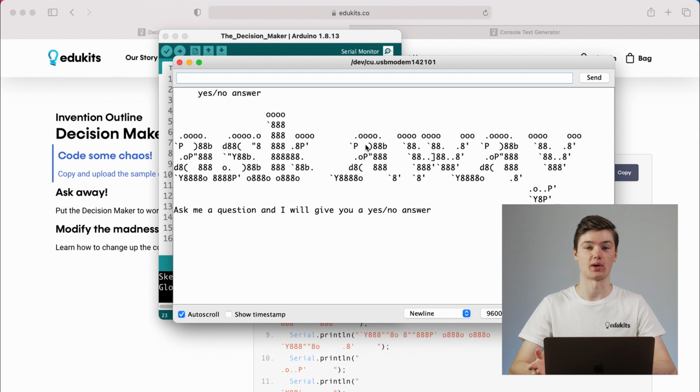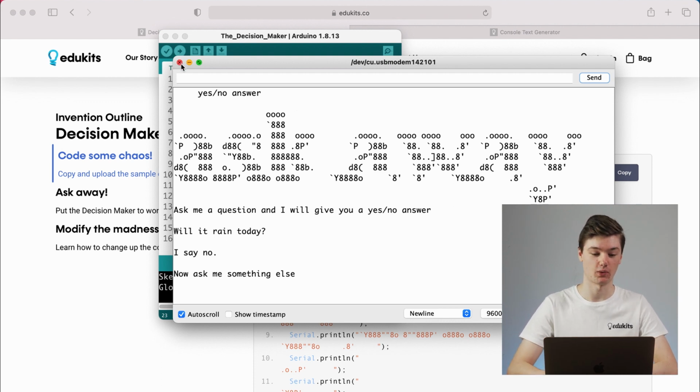The way you can ask your question is by using this text box in the top left corner of the new window. You type in your question, so I can ask, will it rain today? And then I can click the send button in the top right corner to send this to the brainboard. And you can see my question comes in here, and it gives me an answer, which is no in this case. Fantastic. You can ask any question you like, and it will randomly give a yes/no answer. But as I said before, you don't have to tell the person you're pranking that.